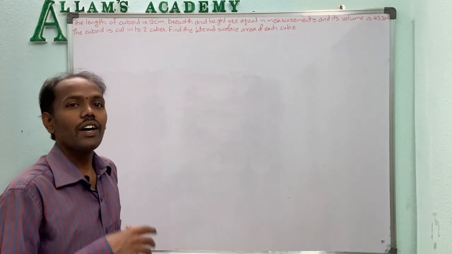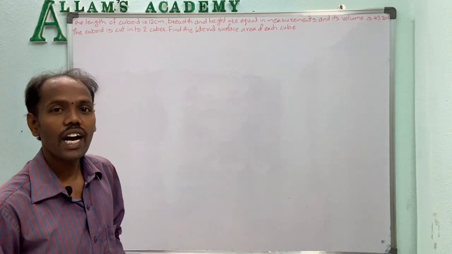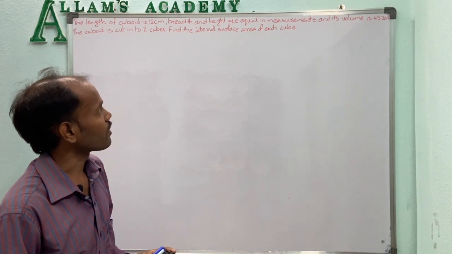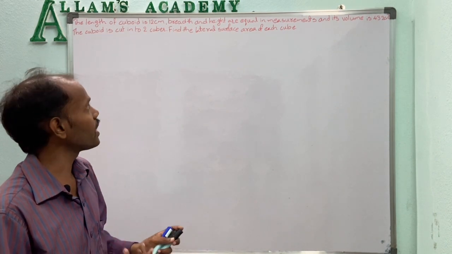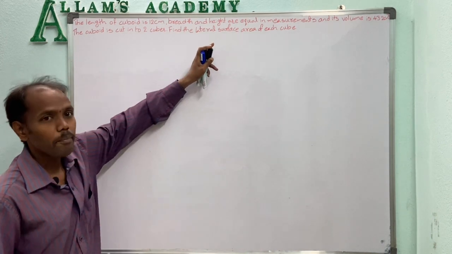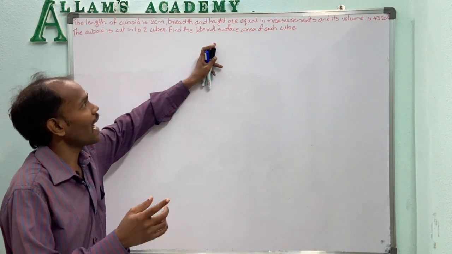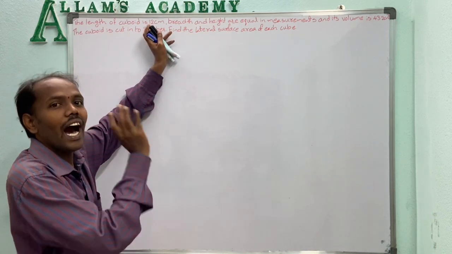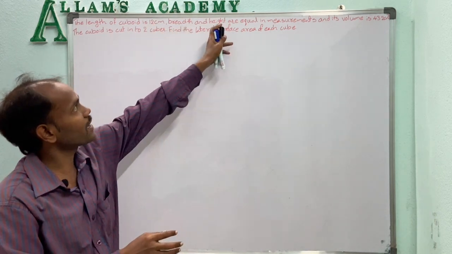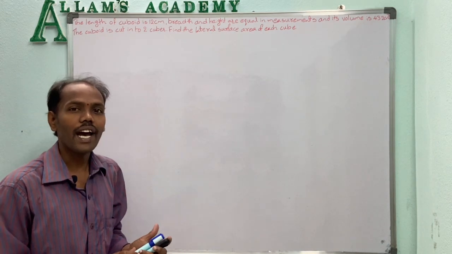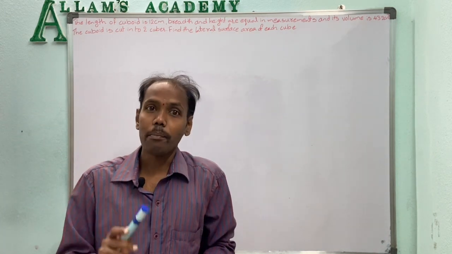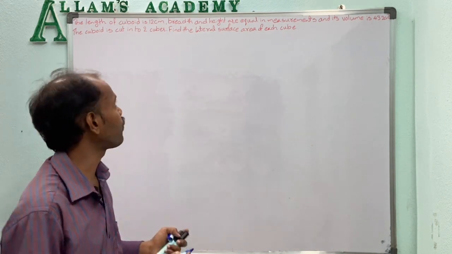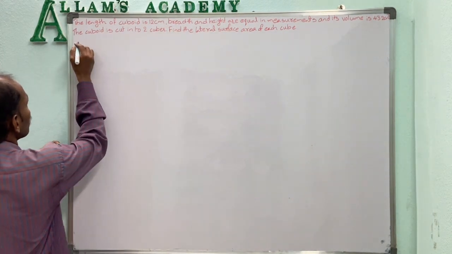So the lateral surface area of a cube is 4 into side squared, that means 4a squared. Here the breadth and height are the same, and since it is divided, the length is half, that is 6. But the breadth and height measurements are not given, though they give a hint that they are equal. So by that we have to find it.